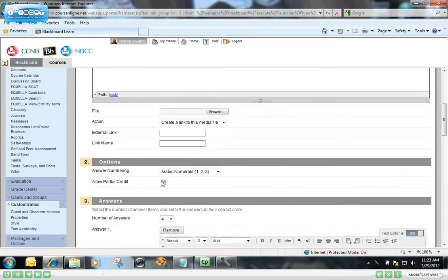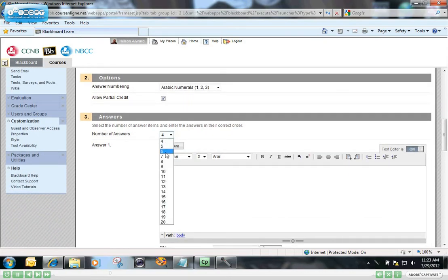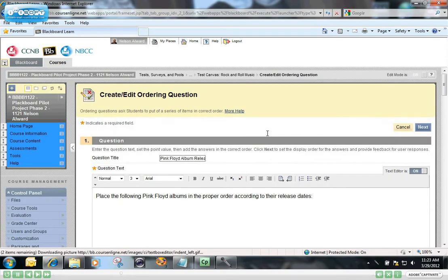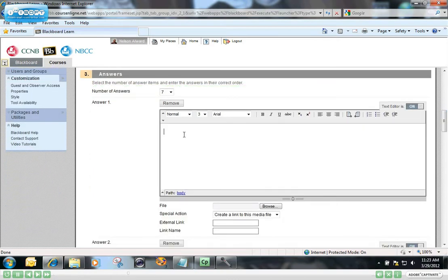I'm going to allow partial credit on this. In fact, there are going to be 7 albums, so I'll change the default to 7. And then it asks you to type them into the 7 boxes in the correct order. So I will start here with